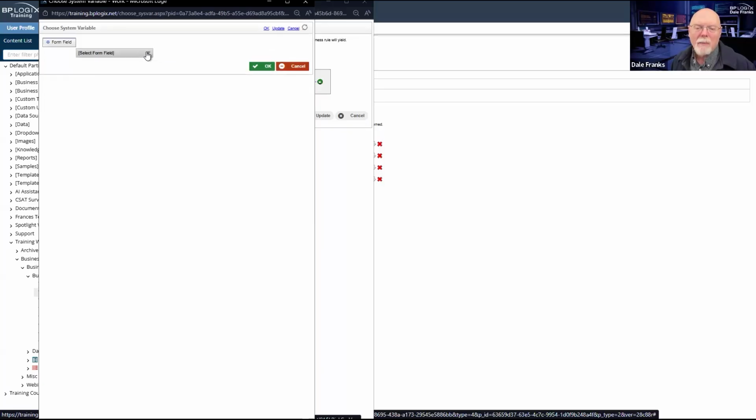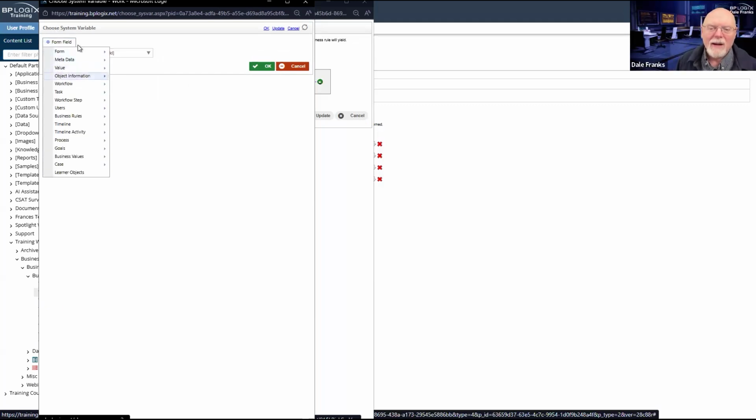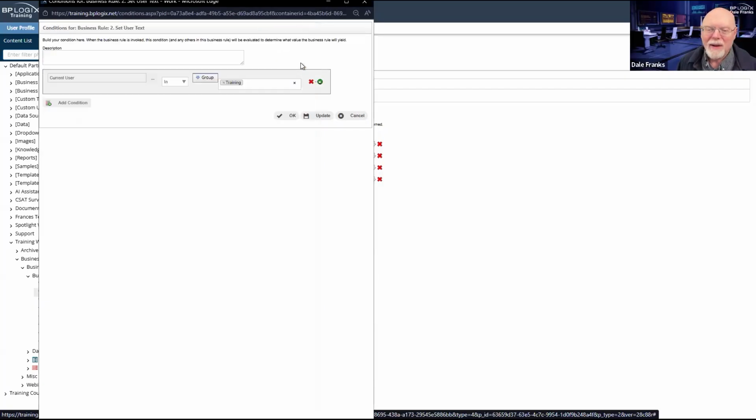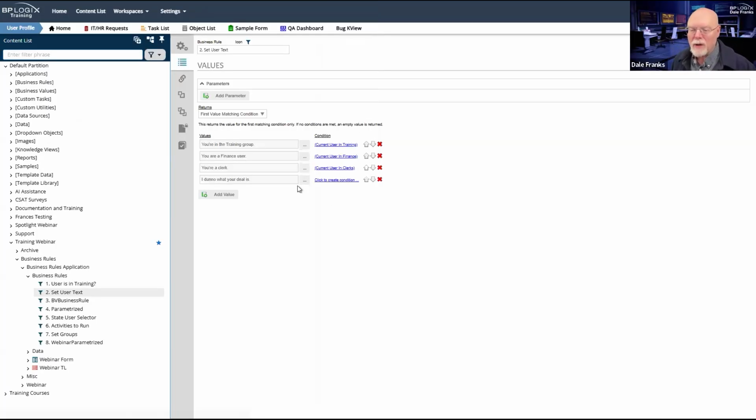So I have all of my form fields available. Now, this is not actually using that in this particular case. I'm going to have to cancel because what I'm actually pulling is current user here. And it's just testing the current user.